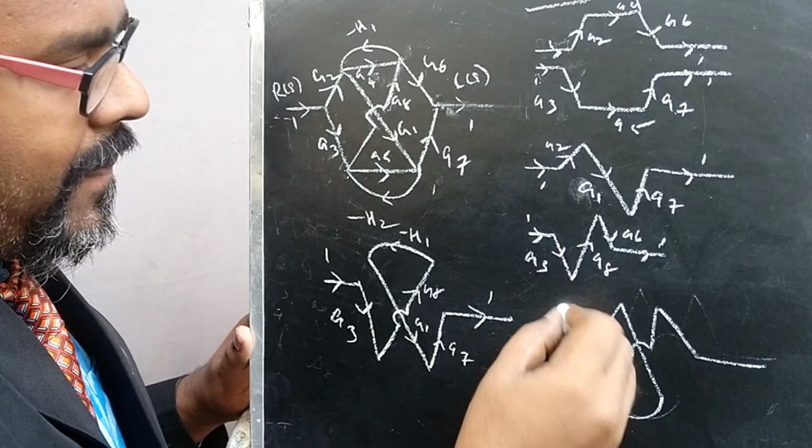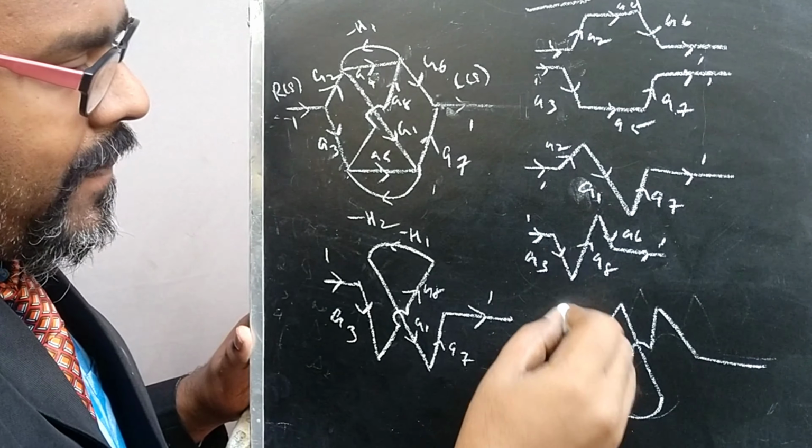So P21. There is only one P21. We need to calculate all this. We just multiply all these and you get G4, G5, H1, H2. Because of multiplying the minus signs here, it is converted into plus. So this is the third step, P21. There is only one pair of non-touching loops here. Okay, then